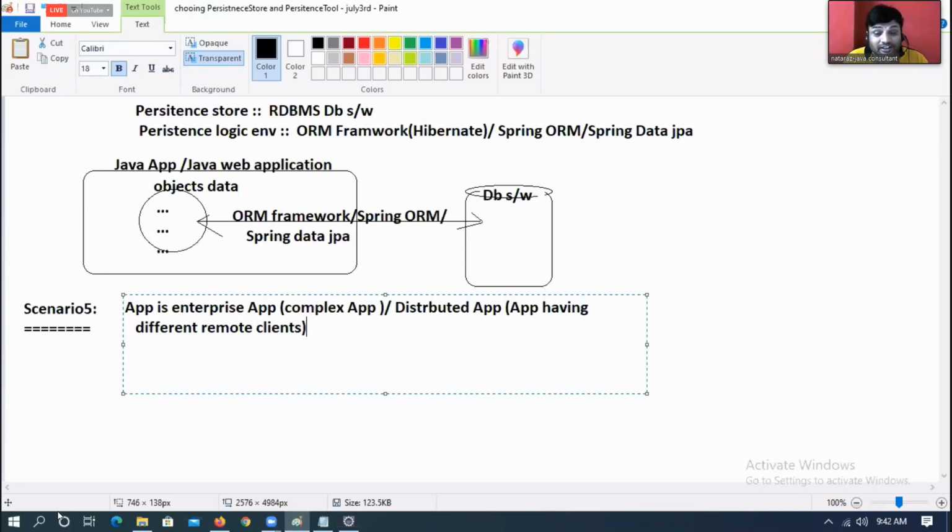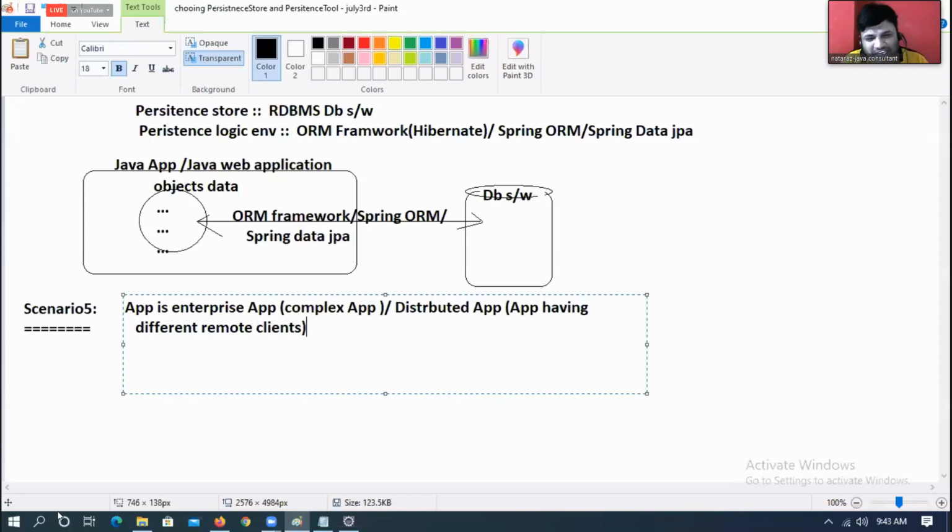Don't you think that is a distributed application? The application that has different types of remote clients is called a distributed application. Amazon, Flipkart, all these are distributed applications.